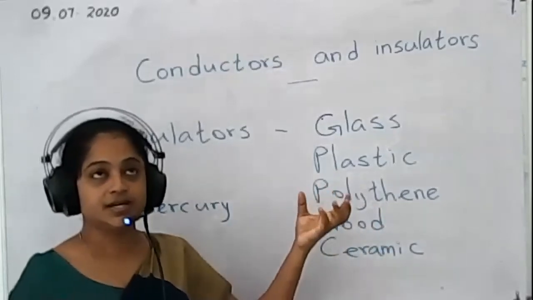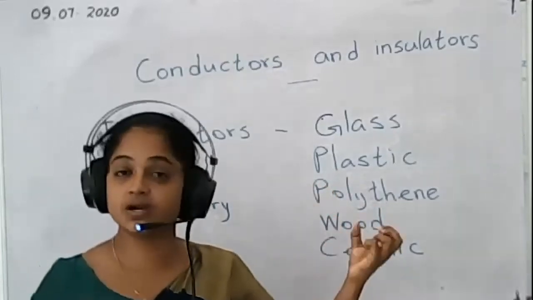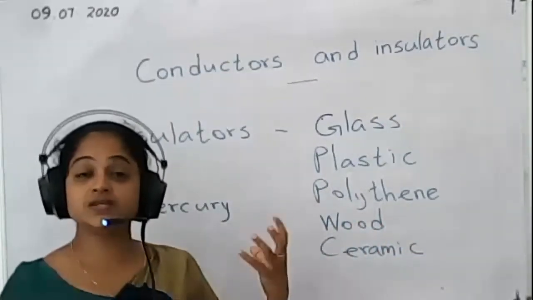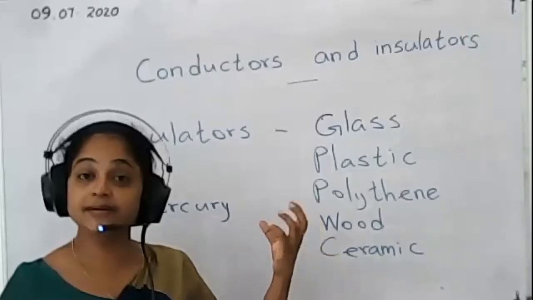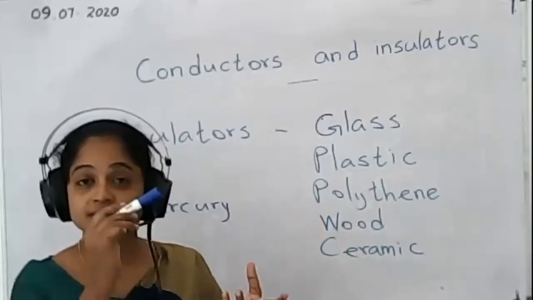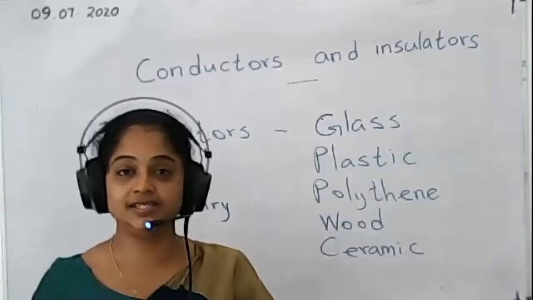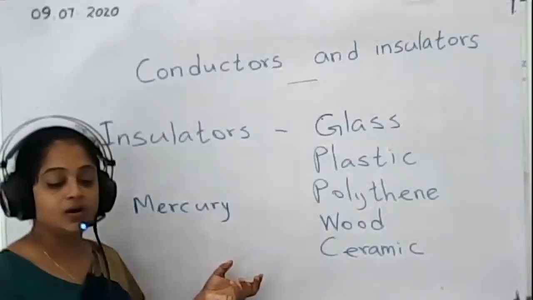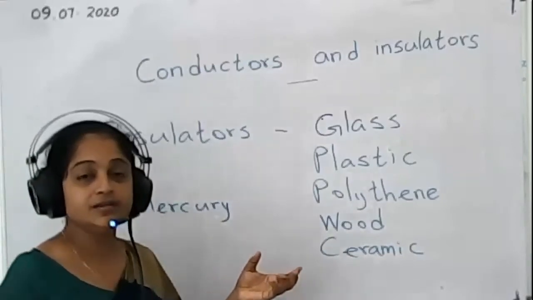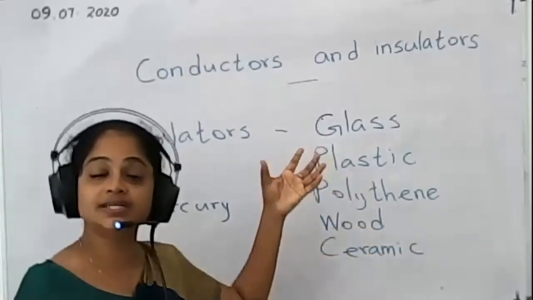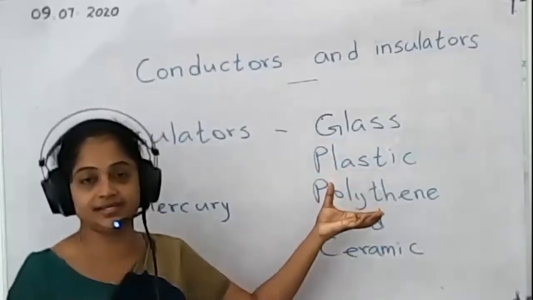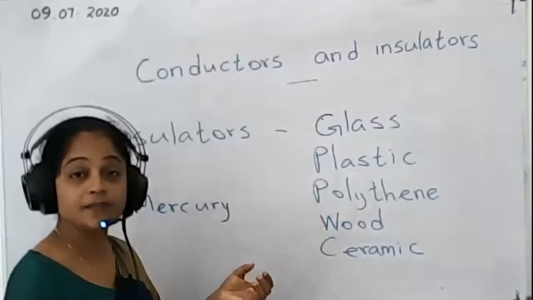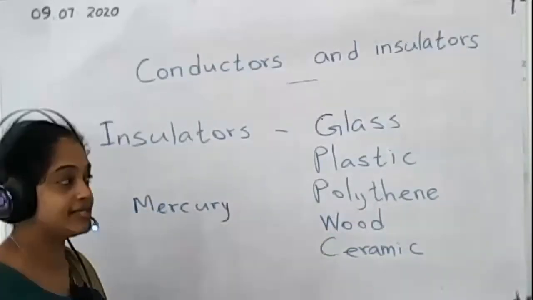What are the solutions? The salt solution. Salt solution can conduct electricity. And there are some ionic solutions. Acidic solution, lime juice. Through the lime juice, it can conduct the electricity. Like that. Okay. Keep it in your mind. No need to write that. Right. I think you have clear about the conductors and insulators. Okay. Now I'm going to the next part of our lesson.